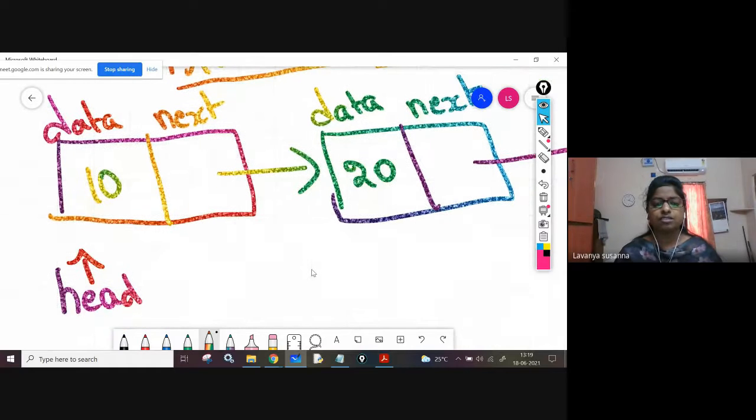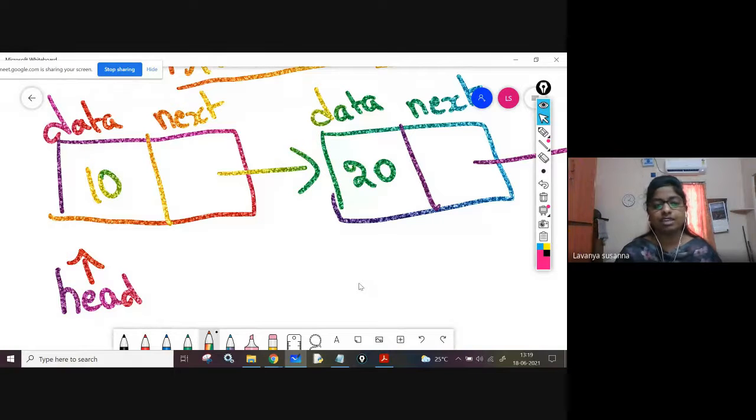See, you know the address of first node only. You don't know the address of last node, second node, third node. Head contains address of first node only. See, remember, you should not move head. Head should always point to first node only. So you need to take some temporary pointer variable. With that you need to traverse.